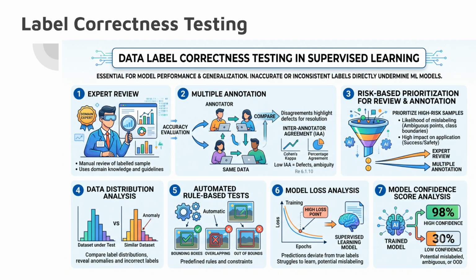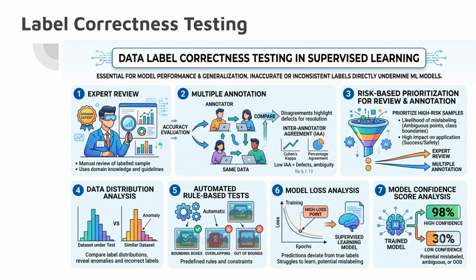Data distribution analysis. When comparable datasets exist, comparing the label distribution of the dataset under test to similar datasets can reveal anomalies and potentially incorrect labels. Automated rule-based tests. Automated tests can be implemented based on predefined label rules or constraints for certain tasks. For instance, verifying that bounding boxes, rectangles used to locate objects in images, do not overlap or extend beyond image